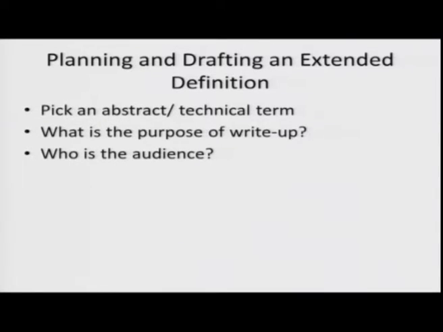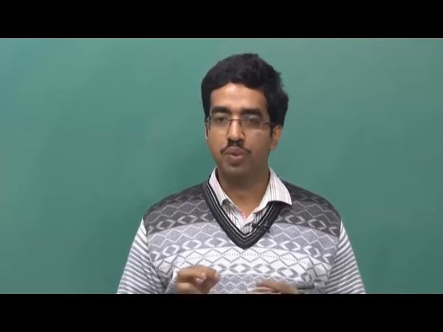When you are planning to draft an extended definition, what are the things you need to keep in mind? First, you pick an abstract or a technical term. This is very important. If you try to define something very simple or something which people have a clear understanding of, then it does not make any sense. For example, if you say I am going to define the term table as a piece of furniture, it does not serve your purpose,